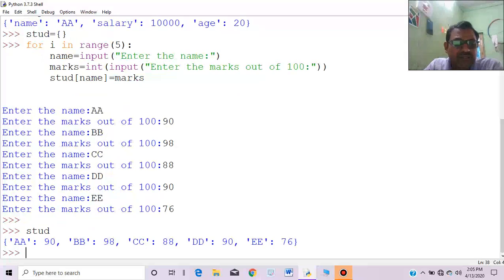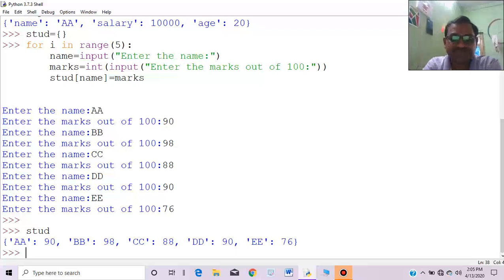Only by using the simple variable, the values are displayed. In script mode, print is mandatory, but in interactive mode there is no need to write the print function. It is very clear. So you can see here the output of this stud is like this.